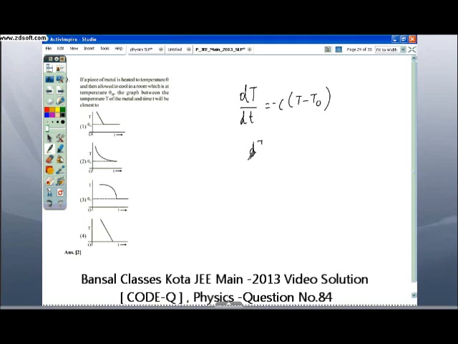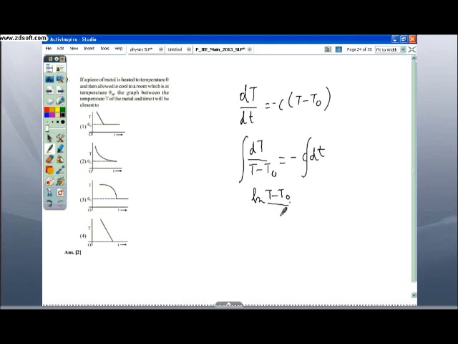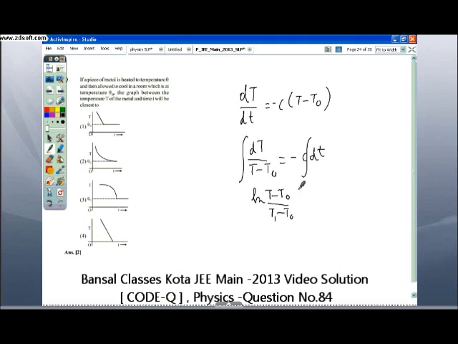So that gives you dT upon T minus T naught equal to minus C dt, and by integrating both the sides you get ln of T minus T naught upon T1 minus T naught should be equal to minus Ct. It means the temperature varies exponentially. So exponential variation of the temperature is denoted by this. After a very long time, it will tend to reach the temperature of the surroundings, that is theta naught. Answer of this question is